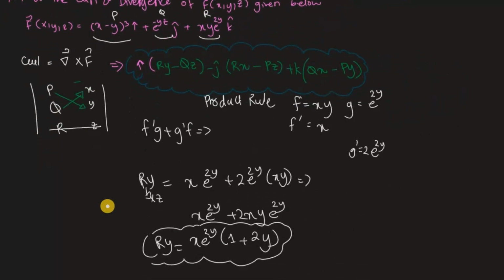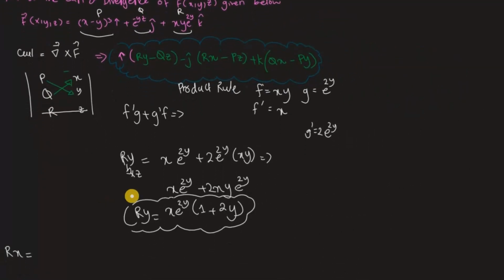Let me just zoom out. It's easier for you to see that. So xy e to the 2y, so you're going to do the same thing over here, the product rule. But if you realize here, the y is constant over here, right? So this whole thing is constant, and we're differentiating only x, and the derivative of x is going to be y. So the answer to this one is simply going to be y e to the 2y, since it's a